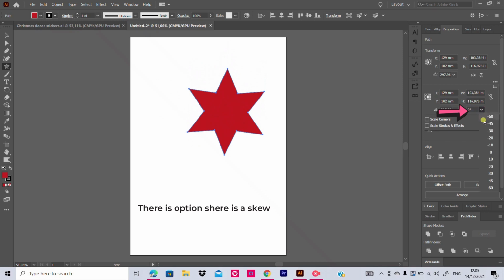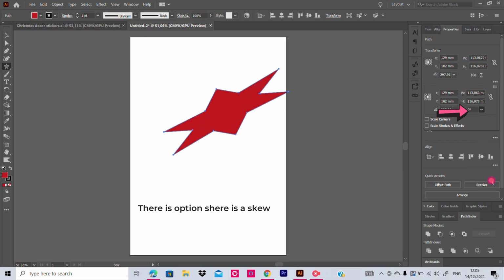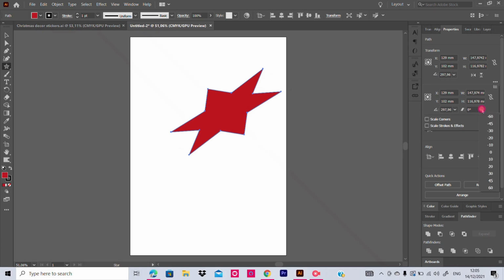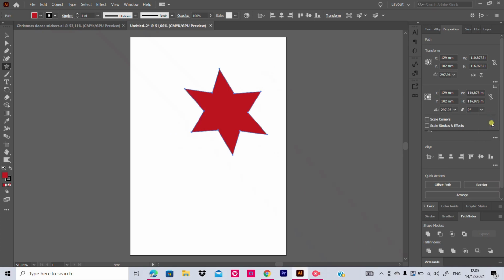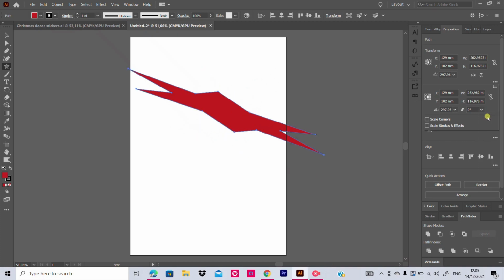And there is the option shear. Shear is like a skew. You can skew the object. How much skew you want to do, you can do from here.